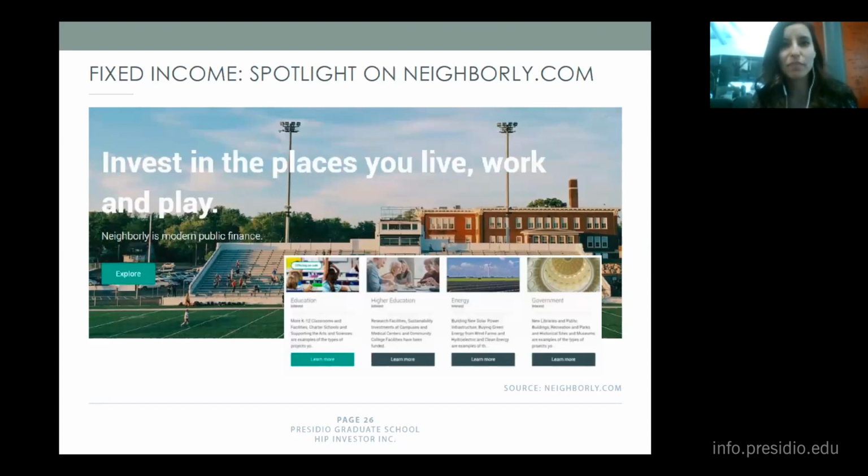So Neighborly thinks of muni bonds as the original social impact investments, and they have been used to finance schools, parks, and even the construction of the Golden Gate Bridge, which is pretty cool. Their goal is to democratize the $3.8 trillion municipal securities market, and in doing so, foster a healthier relationship between global banks and the communities of our country. Of course, if you're interested in adding muni bonds to your portfolio, definitely consult with your financial advisor prior to investing to understand how these tax-free securities can fit in with your overall investment strategy.